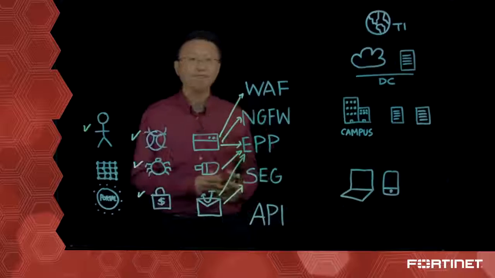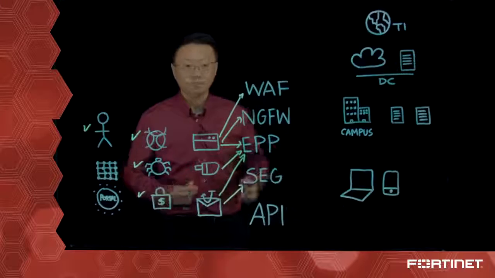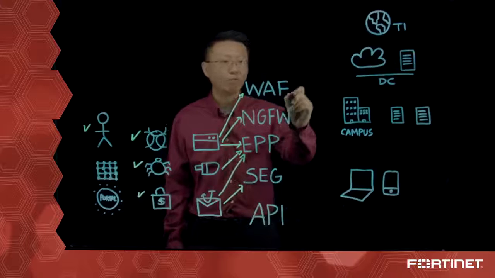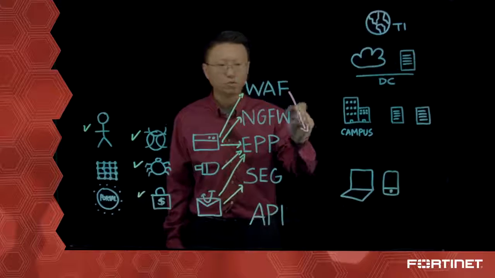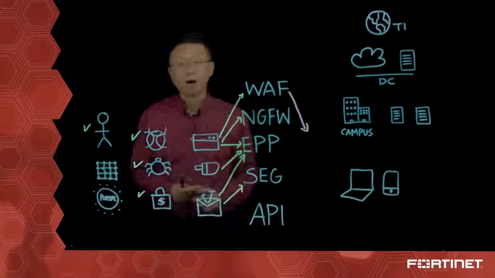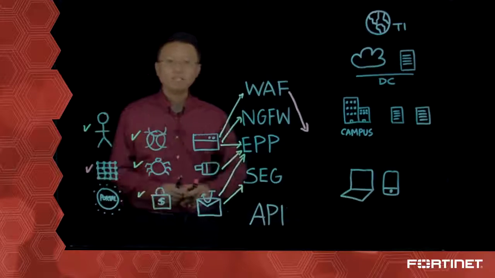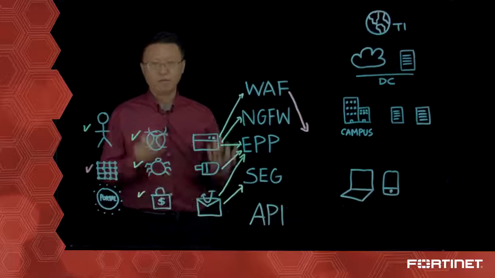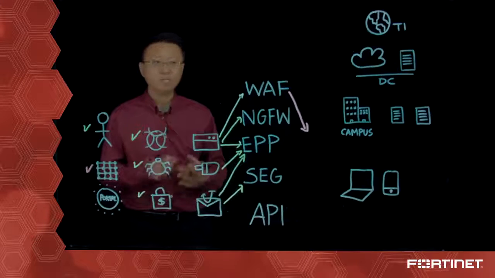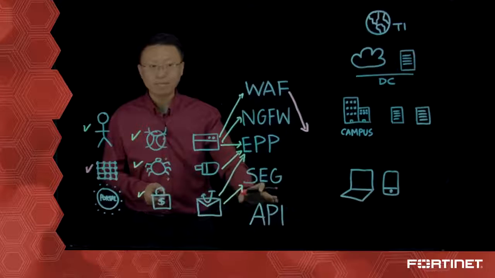Now that's great that you may have best of breed inline security controls protecting against all these different delivery mechanisms into your organization. But it only takes one bypass of any of these inline security controls to create a data breach within your organization. And compounding this problem is the use of AI. The artificial intelligence use case here is the ability to morph these types of malware at machine speeds to evade the protections you have in place already.